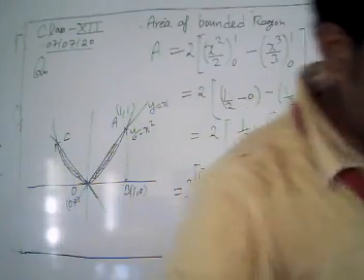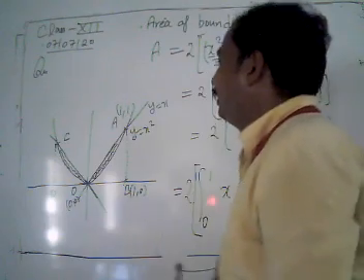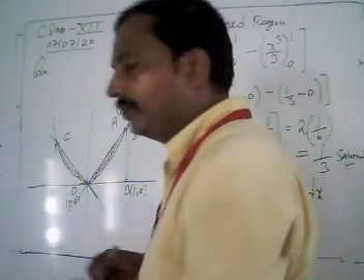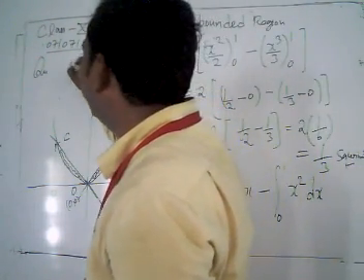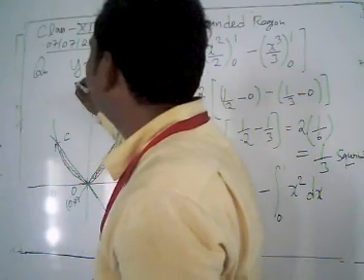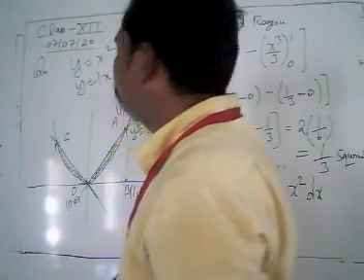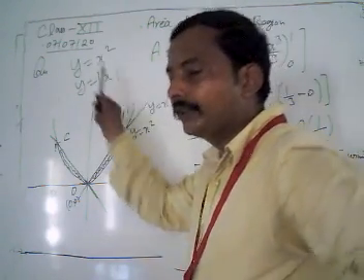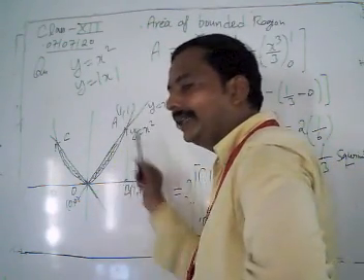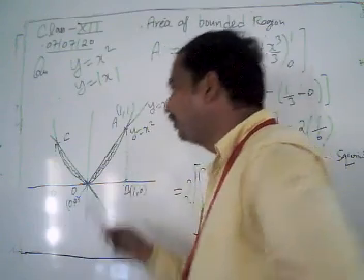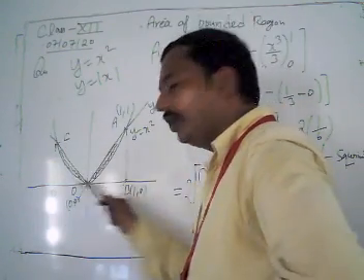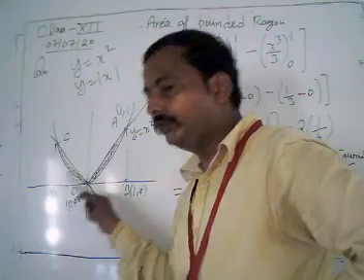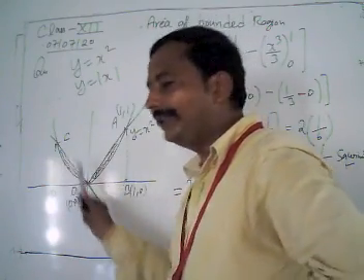Now I am going to explain again. We have to find the area between the region for the curve y equal to x square and the line y equal to mod x. First of all, we are going to sketch a graph. y equal to x square represents an upward parabola symmetric about the y axis, having vertex 0, 0. First we draw a parabola having vertex 0, 0.